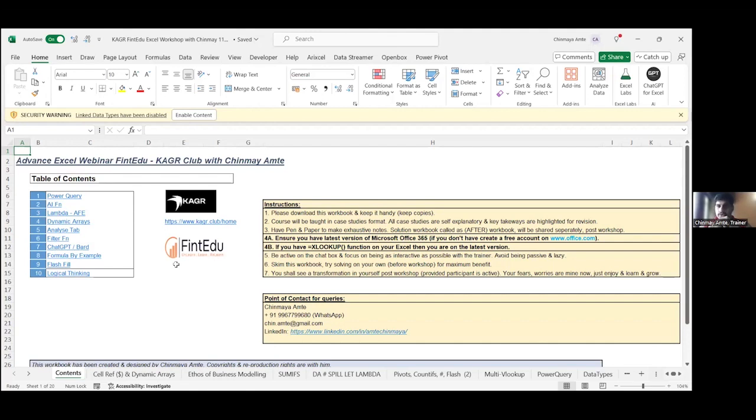So Excel was introduced in 1985. And before that we had spreadsheets. The concept of spreadsheets came in 1982 and Excel was introduced in 1985. And today we are standing in, let's say, 2024. So it's been around 35 years of history where we are working with computers and where we are working with